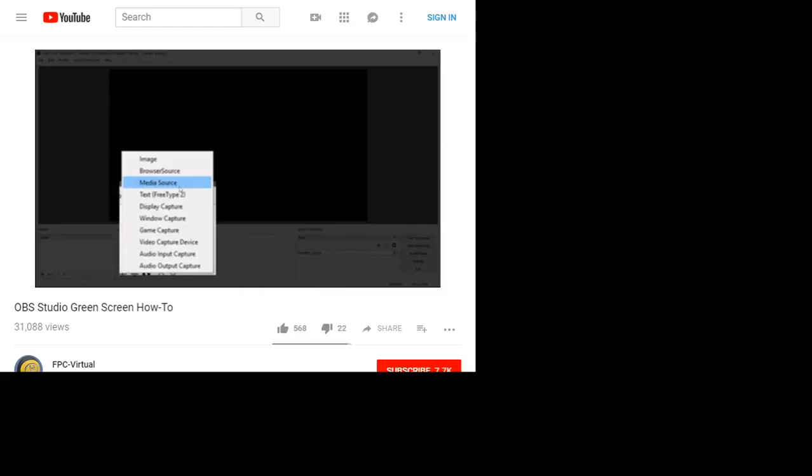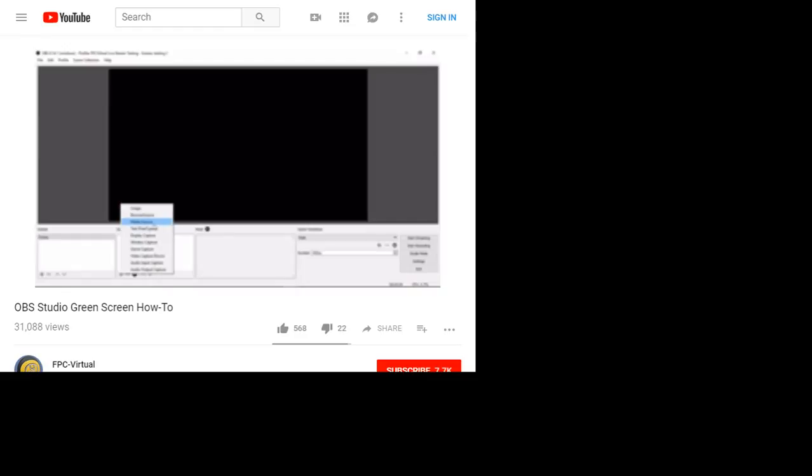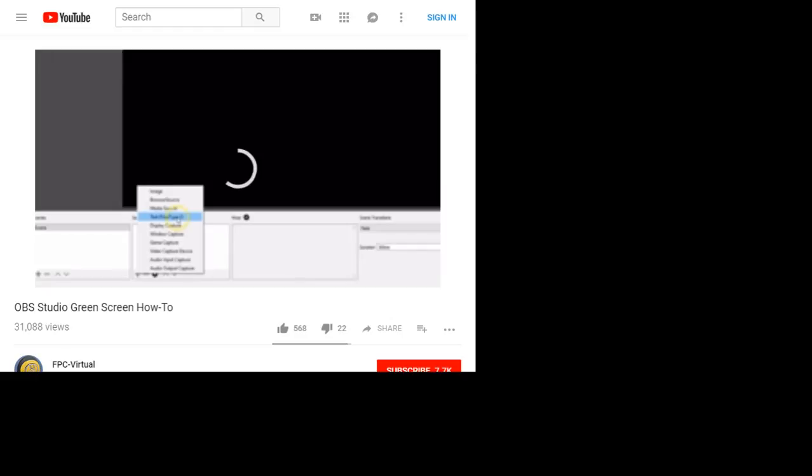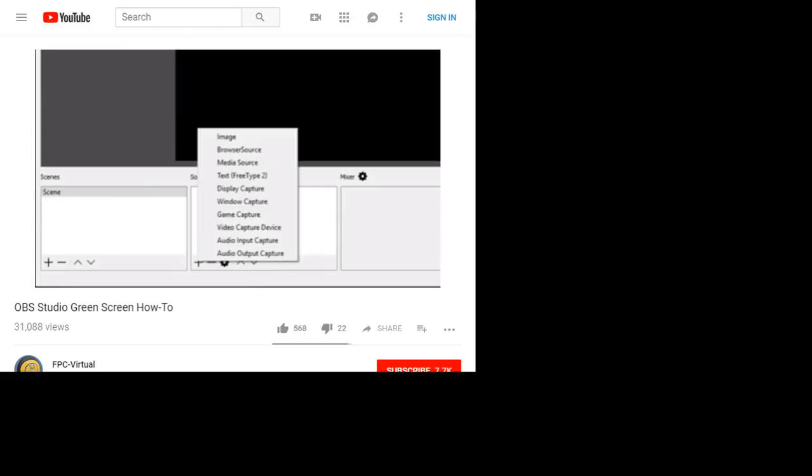Animated GIF. I'm having a problem with an animated GIF that actually is causing some kind of errors on OBS, so I had to create a new scene to start out just to show y'all folks this. You have text, free type 2, so you can try text. If you type across the screen, you'll be able to do that through text. You have display capture. Display capture pretty